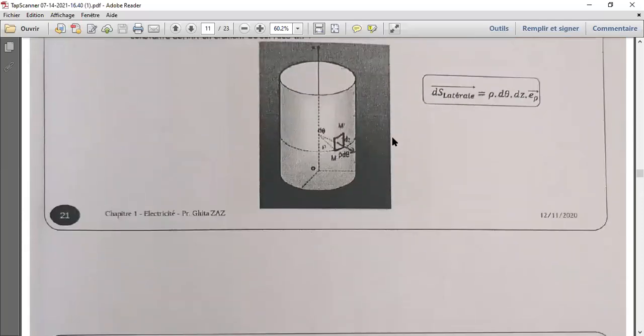If you check at your left side, you have this formula, which is rho times d theta times dz. You see here that they have said that the radius is constant. Even for this one, they specify which one is constant. So if they say the radius is constant, it means you cannot move